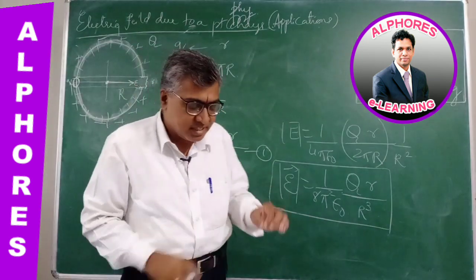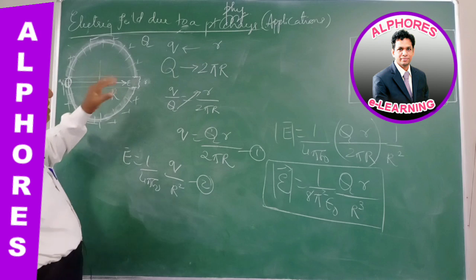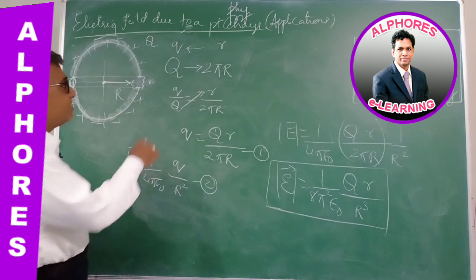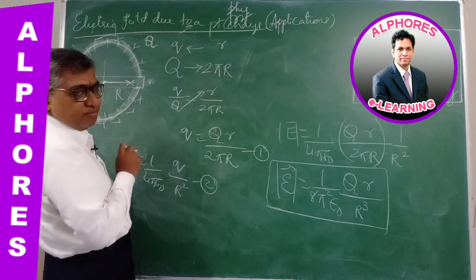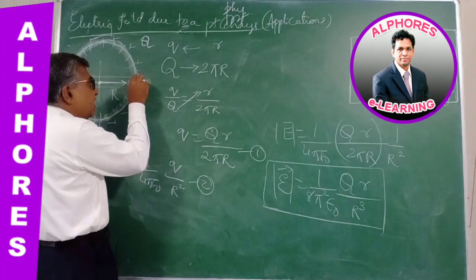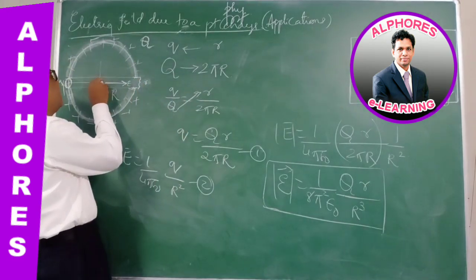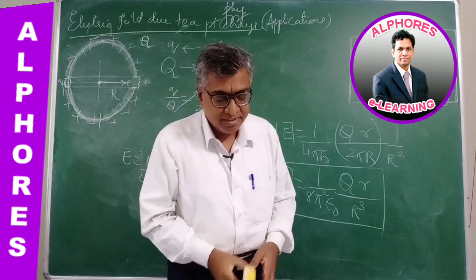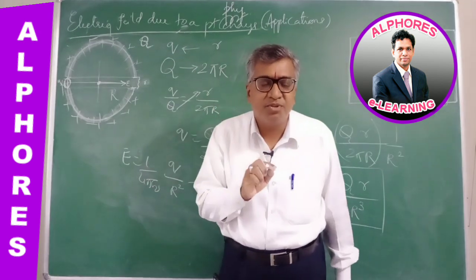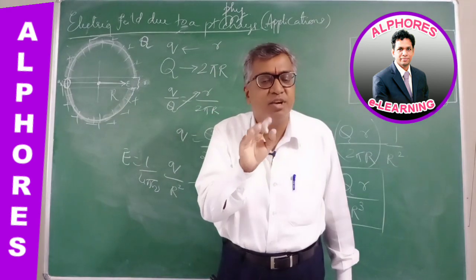A very beautiful question asked in one of the entrance examinations, right? So I shall repeat the question again. The question is, a ring of radius capital R is uniformly charged with an amount of charge capital Q. A small part of the ring, a small length of the ring of length small r, is removed from it. Then the net electric field at the center of the ring is dash. Had the complete ring been existing, uniformly charged, then the resultant net electric field at the center of the ring would have been 0.